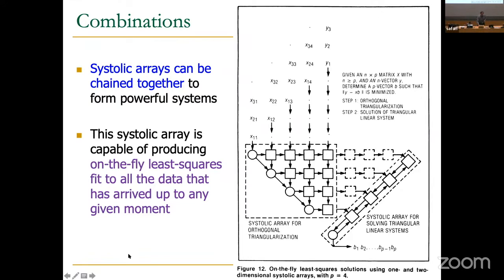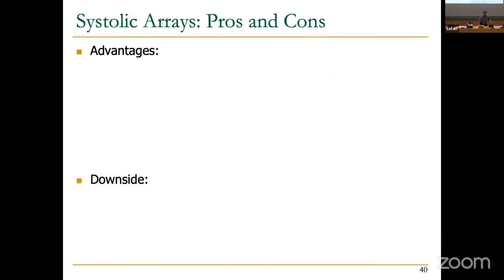Early 1980s. So what this systolic array does, so you can see the carefully orchestrated data inputs. This systolic array does orthogonal triangularization. That's one way of actually helping with least square estimation. A lot of matrix operations, let's say. Matrix operations are not just matrix vector multiplication. You do a lot of other matrix operations. And then you input the data into this weird looking systolic array, which solves triangular linear systems. And then you need to buffer the data carefully so that the data arrives at the right point to the right processing element. So it's all about orchestrating the data.